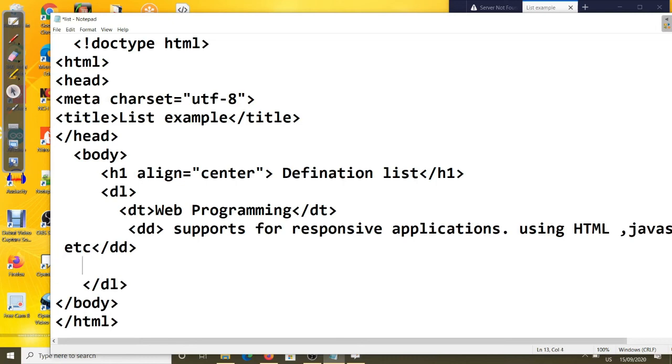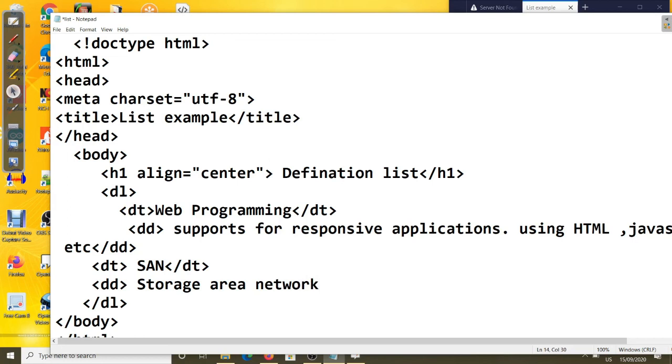Another DT again if you want. Another subject I can write is SAN. Close the DT again, then go for the DD: storage area network, essential, we can put interesting subjects for storage.